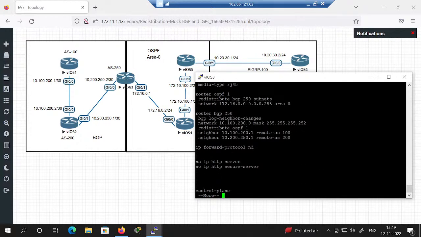Okay, so as you can see, here we are redistributing some routes of BGP 250 and they are added in the subnet. And on the BGP we have redistributed OSPF 1 as well. There is a reason behind this default behavior: whenever we redistribute OSPF into BGP, it only redistributes the OSPF internal